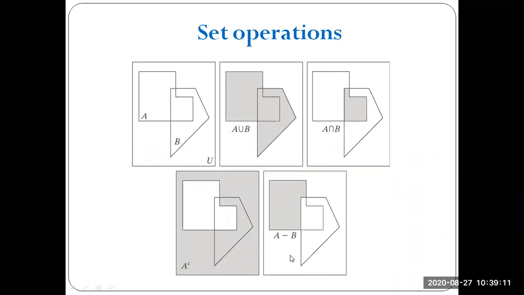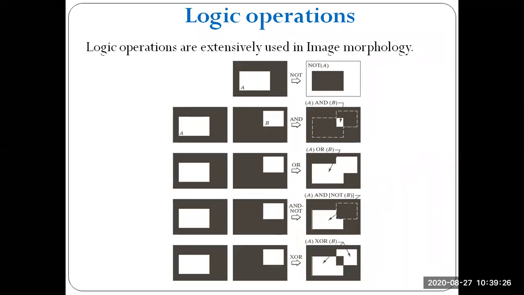And similarly here, A minus B. A minus B means your normal arithmetic difference. So we are highlighting only A minus B and the remaining is neglected. So these are set operations. Now see how logical operations work. Suppose this black area is the set, and out of this I am considering the white area as A. If you operate the complement, that is not A, and remember A complement is equivalent to NOT logic.